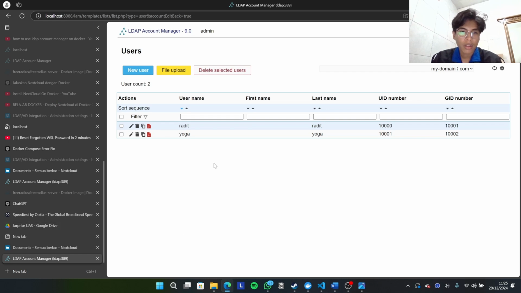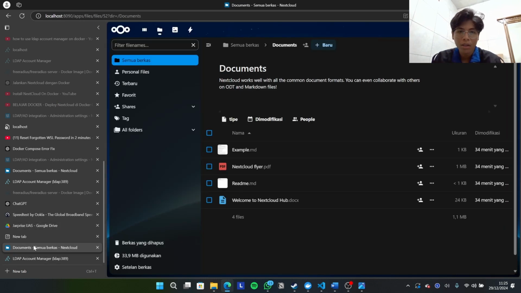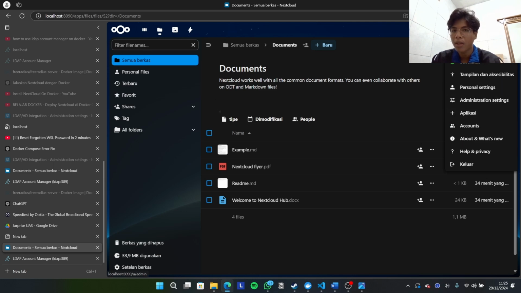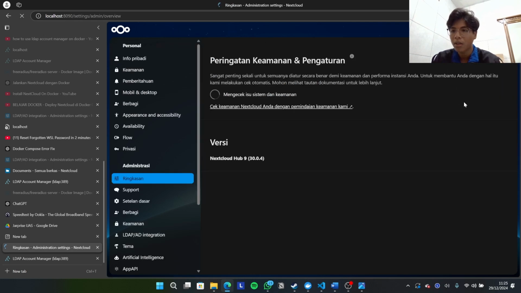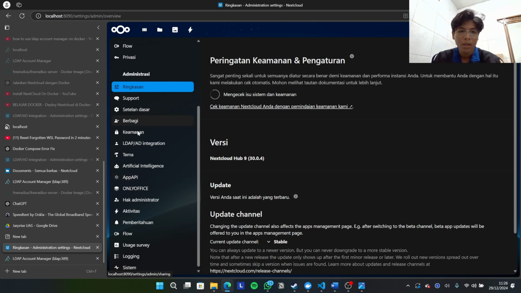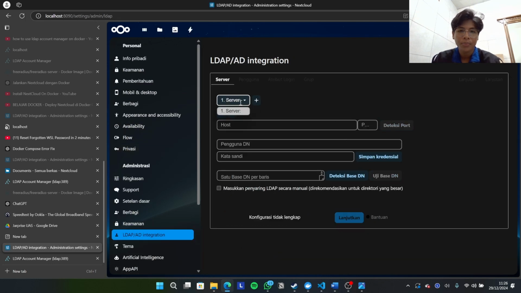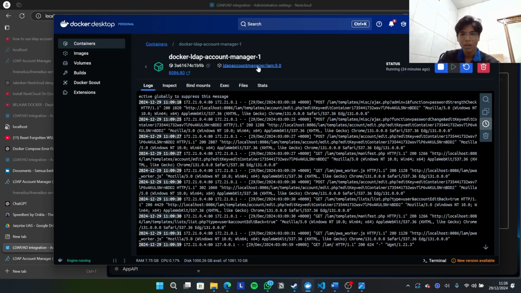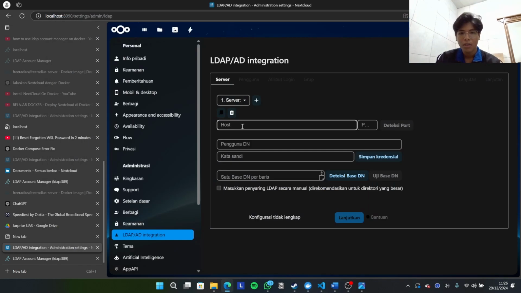Okay, after we create the group and users, we can integrate the LDAP with Nextcloud. How to do it? You can click administration settings and click the LDAP integration. For the host, use the container name, docker LDAP account manager. Use this as the host, and for the port, we can detect the port 389.